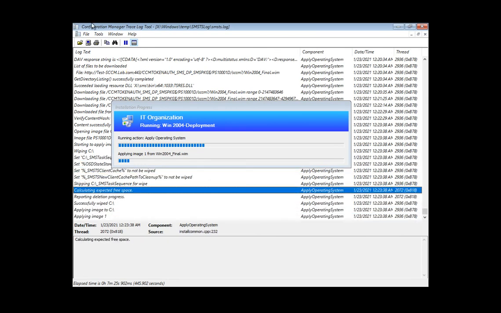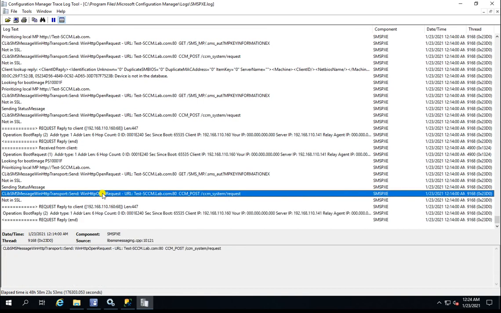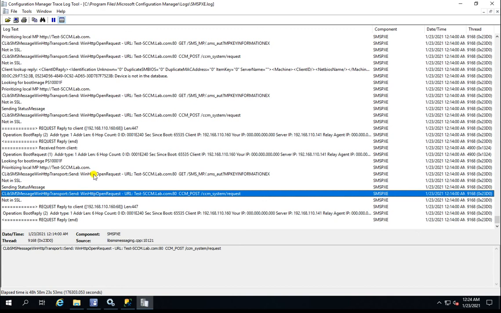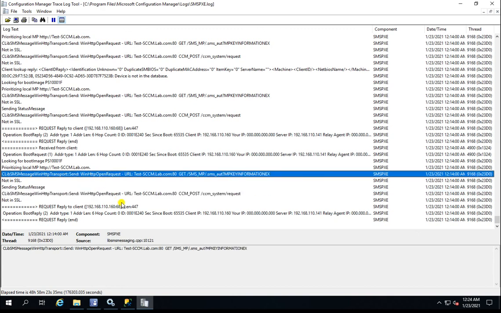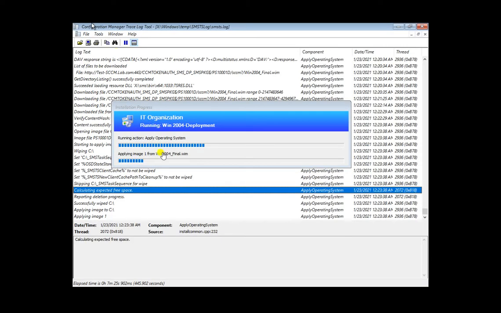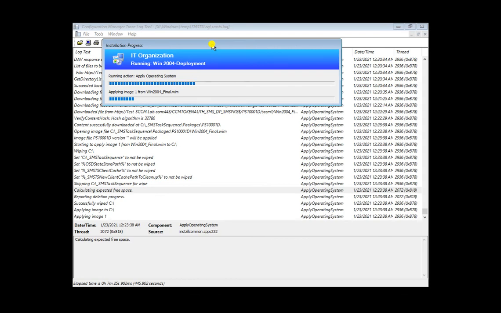Other things, if you want to check the PXE logs, I am in the SMS server now, the SMS PXE log. So there is no more information after boot. This log will not update. Here the log will be updating only till the boot image gives the PXE, sorry, till the boot image gives the vim file. After that, this log will stop updating, and you can track all those things on the machine where you are deploying the operating system.